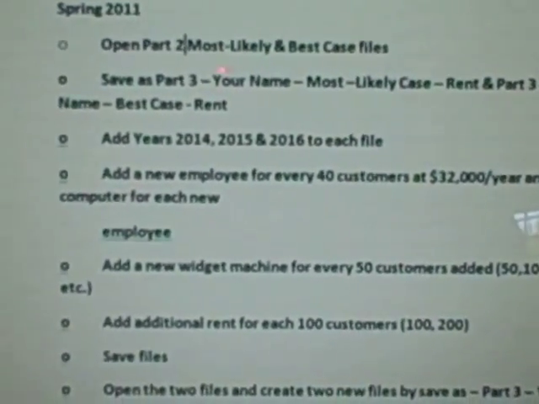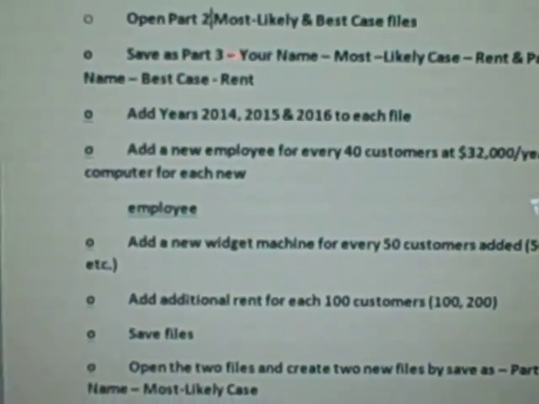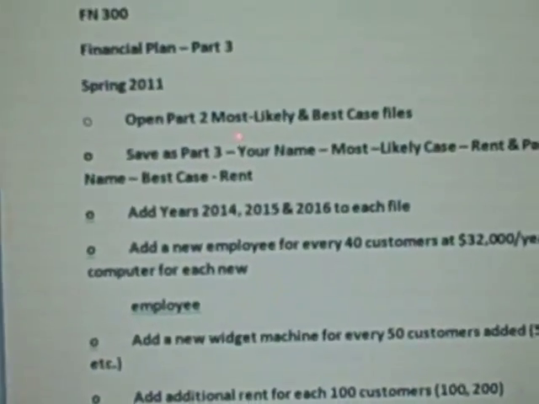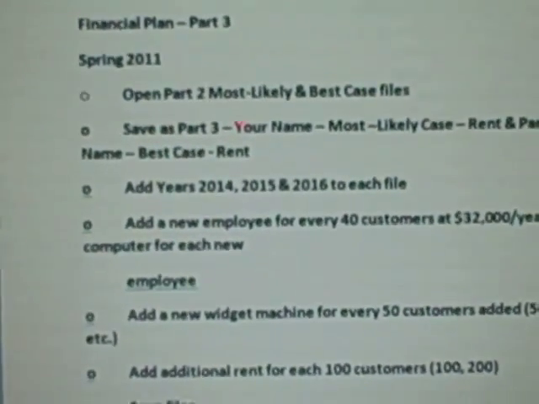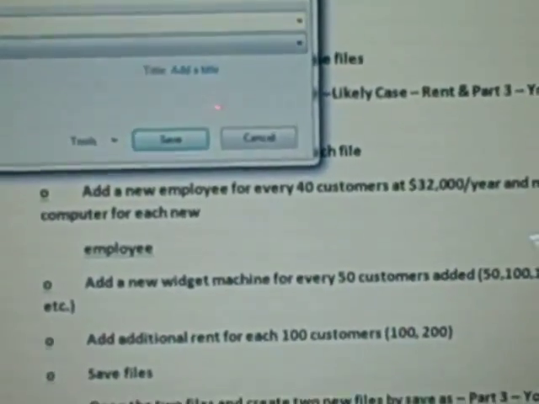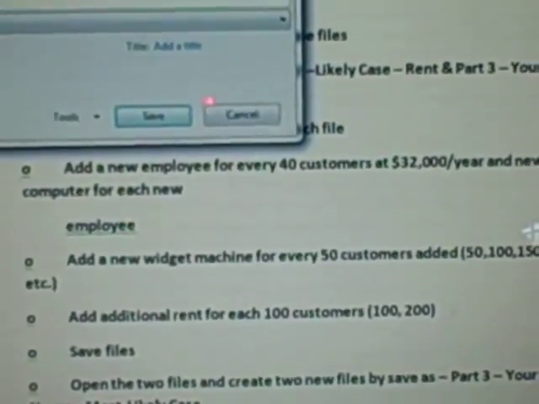Welcome back. Now that you've got the files opened, the first thing to do is to go to Save As. Go to Save As, and we'll start with your most likely scenario. And so you go to the Save As feature, and you're going to save this as